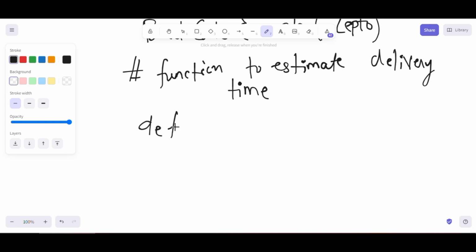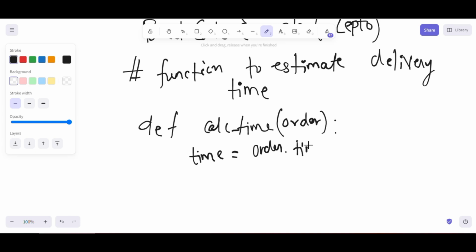I will write calc_time_per_order, like this. Try to visualize what bad code I am writing so that you will understand. Order.time minus, multiplied by, plus 30 minutes, plus 30. Then you are returning the time.